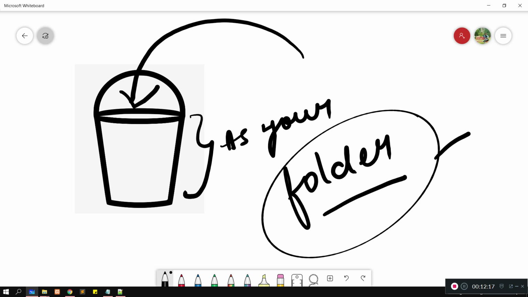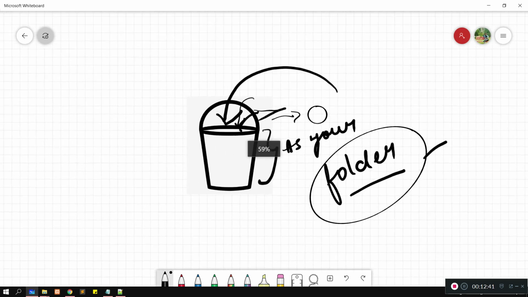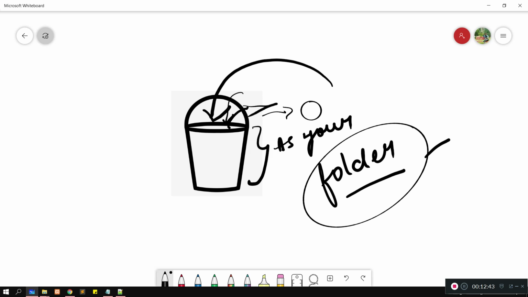Because if you put the image outside the basket and you are calling it from inside the bucket, it won't find its path. So indirectly your image tag will not work. Okay guys, I hope this picture clears everything.